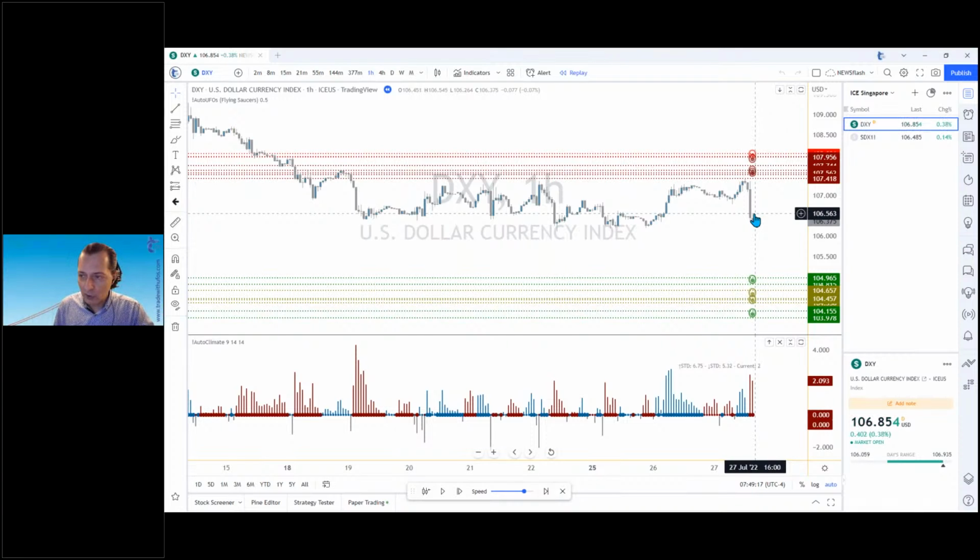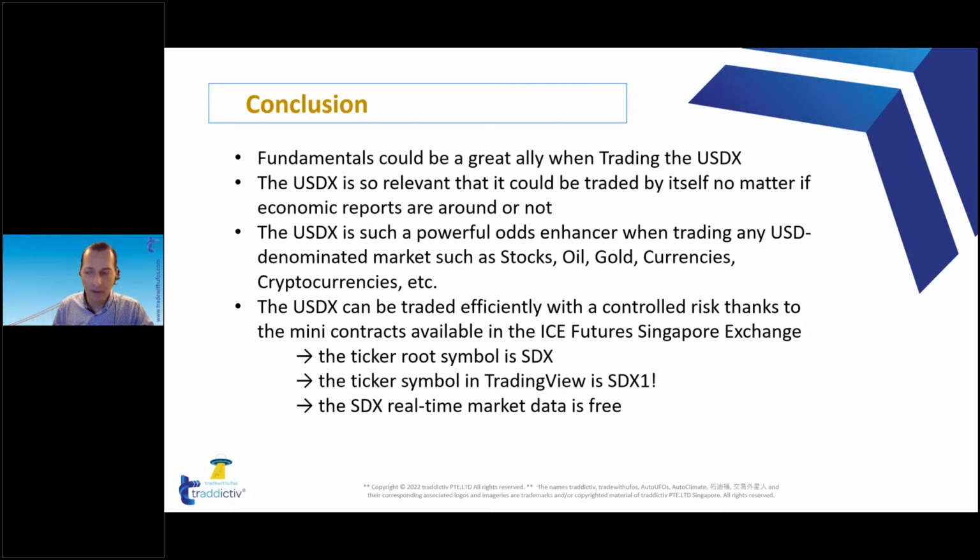So bottom line, no matter your methodology, and maybe you don't use UFOs, maybe you do breakouts, maybe you trade FIBs, maybe you trade, I don't know, mean reversions using Bollinger Bands, whatever you trade. There are a million ways on how to trade. My point is, the US dollar index is a fantastic market to take advantage of news, but also a very powerful market to use any other day. It also helps trade other markets better, to be used as an odds enhancer.